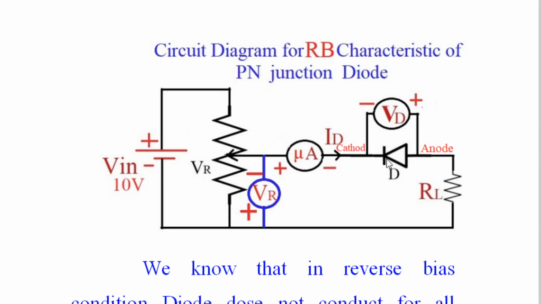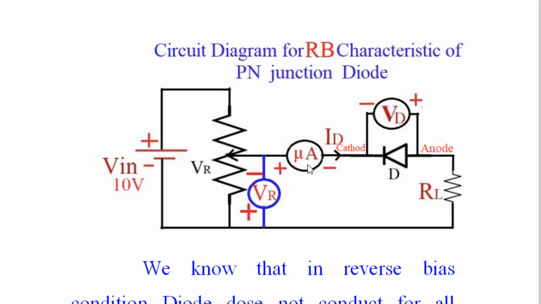So current flows in the reverse direction, that is from cathode to anode, but that current is very less. It is in microampere. If unfortunately you connect a milliampere current meter, then the current meter will never show any deflection,